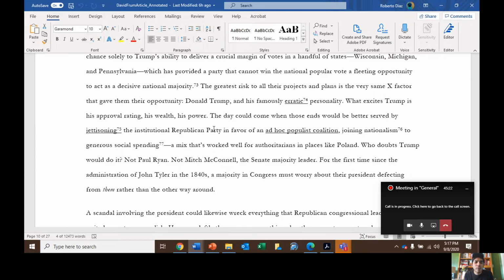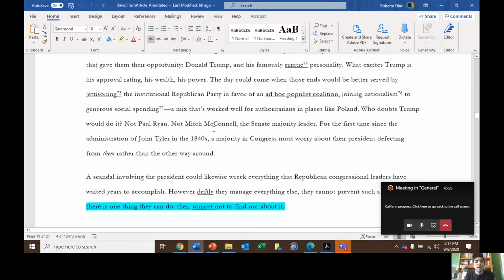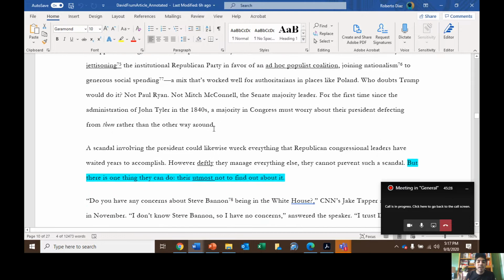What excites Trump is his approval rating, his wealth, his power. The day could come when those ends would be better served by jettisoning, giving up, the institutional Republican Party in favor of an ad hoc, so kind of a makeshift populist coalition, joining nationalism to generous social spending. That's a mix that's worked well for authoritarians in places like Poland. So that nationalism part is really interesting because